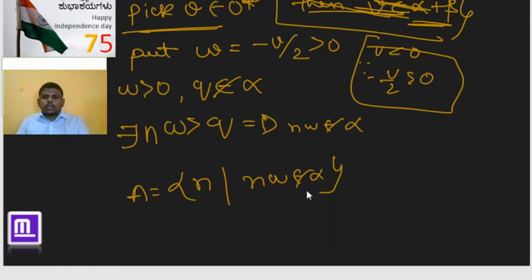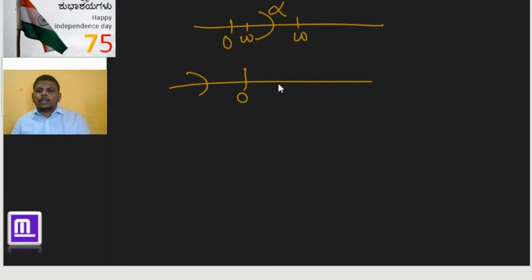And then with this set, we can easily show by taking 3 to 4 types of cases, like what if alpha here and alpha is a positive number, then what if W is here, what if W is here. Since W is a positive number, it should be greater than 0. But what if alpha is a negative number, then so we have W. But what if V is here, or what if V is here? So in all these cases, it is easy to show that there exists an